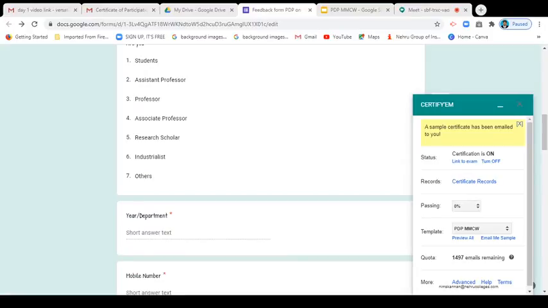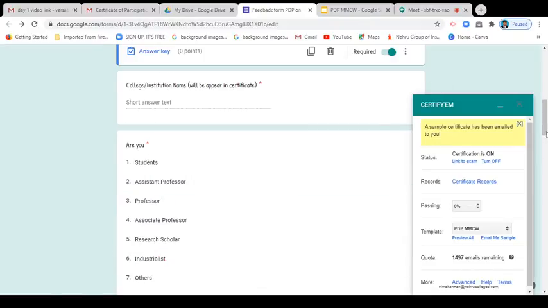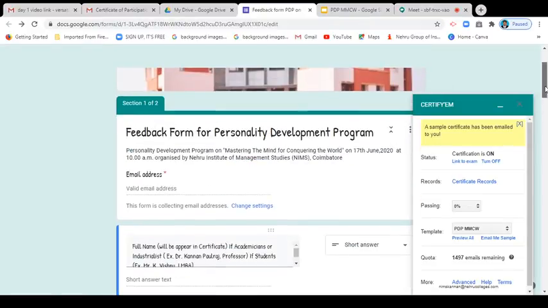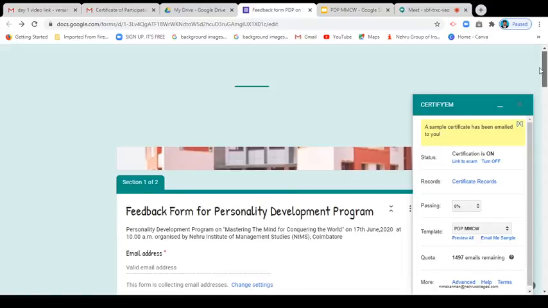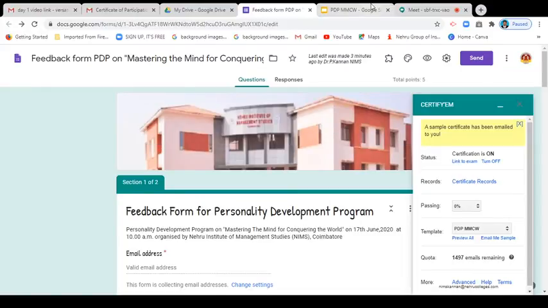So like that they have to add so many fields. At that time you can use that software. Okay, so up to this Certify EM is over. It's very simple, but once you practice it, you can get more and more experience.